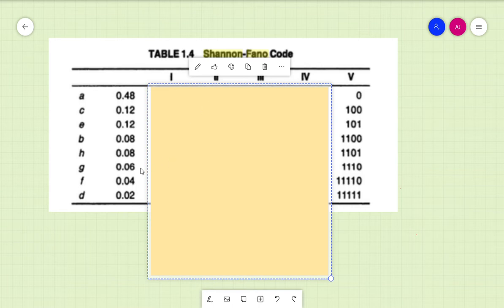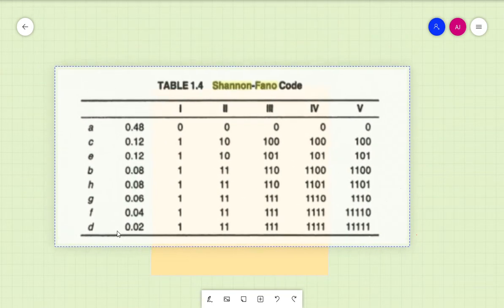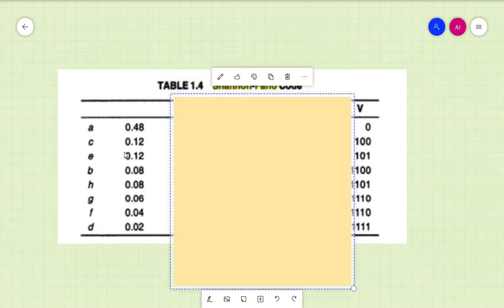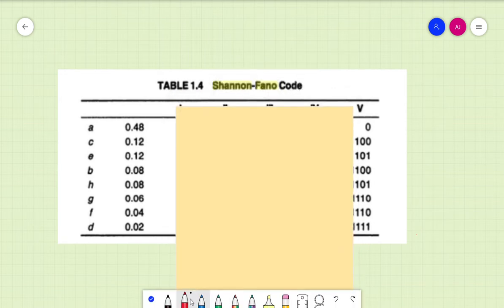So let us start. When I add from bottom to here, 6, 12, 20, 28, 30, 40, 52. Okay, so I get my first division very clear. So this becomes my first partition. So let's follow the rule. The first upper part gets 0 and you have all bottom characters with code 1. Okay, so your first division is over.